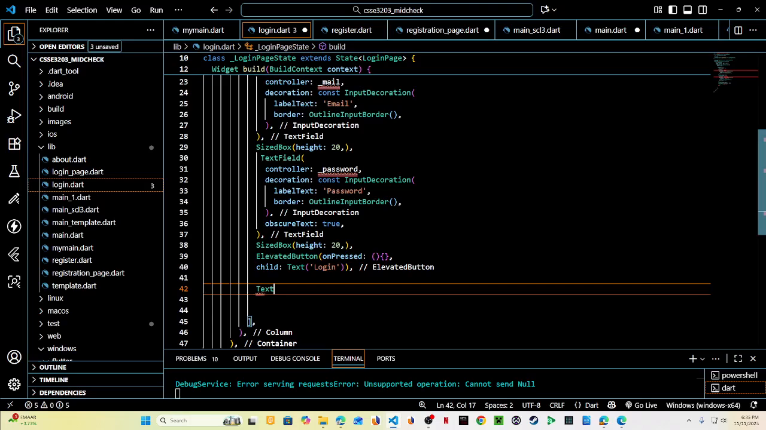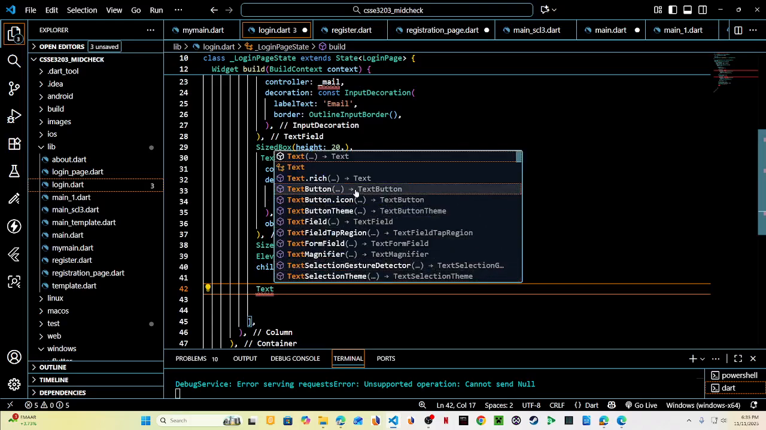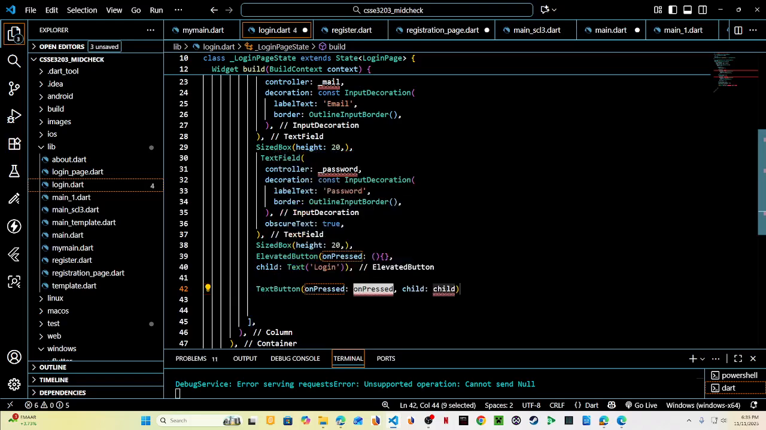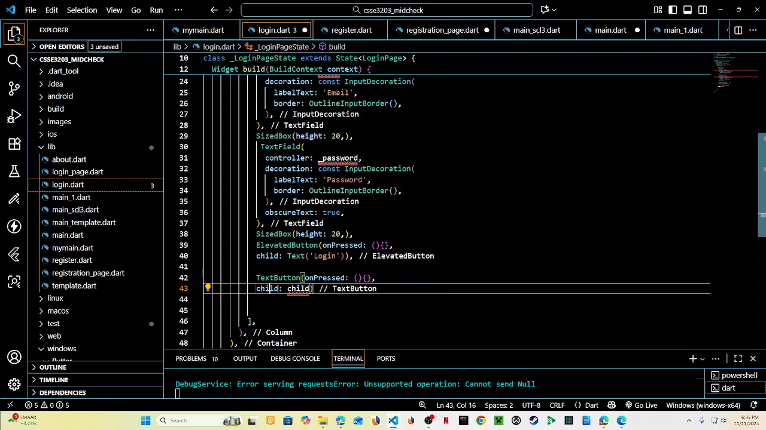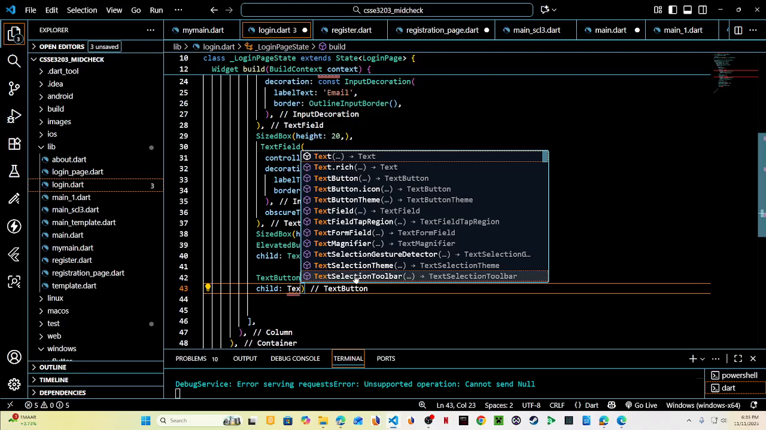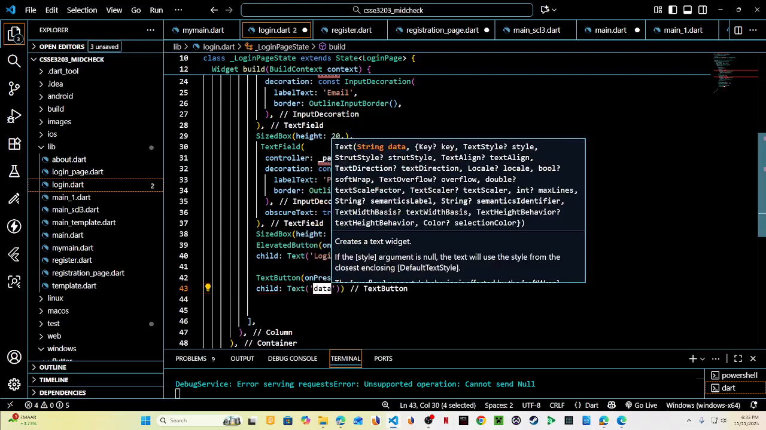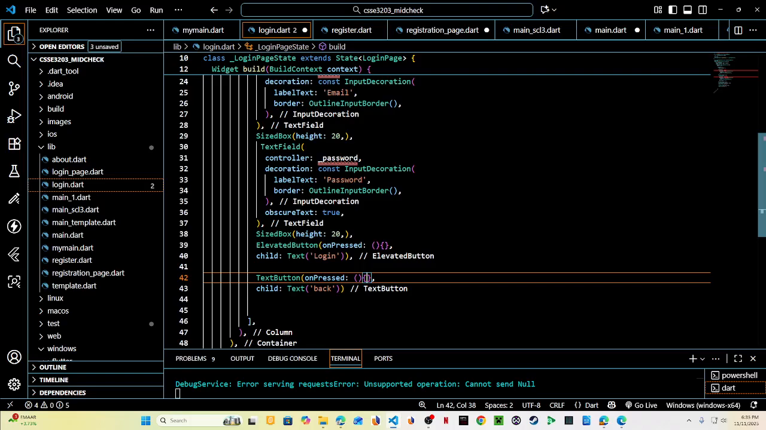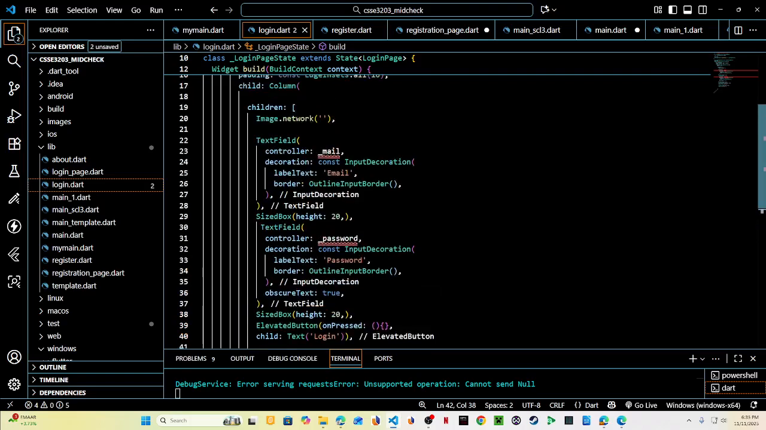Probably another text button, but this is going to navigate back to our home page. So I'll just make again an empty argument here, and the child is going to be a text widget, and we'll just write it like back. Right, so later on we'll define that one over here. Right, so let's save this one, and okay, this will not be completed if we did not properly